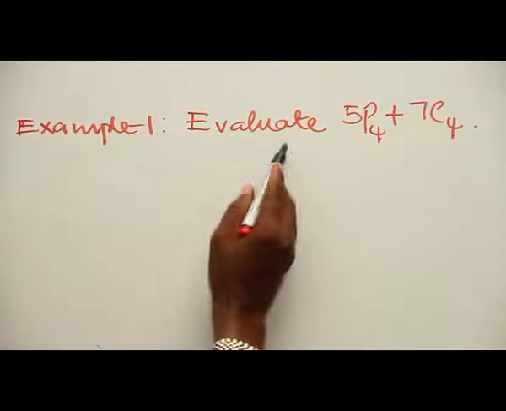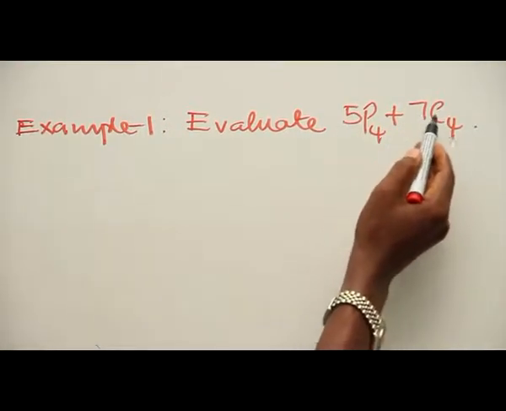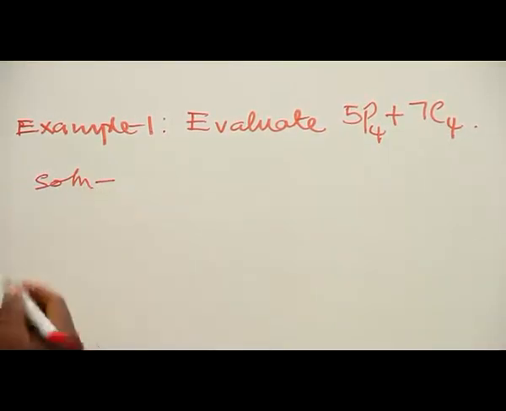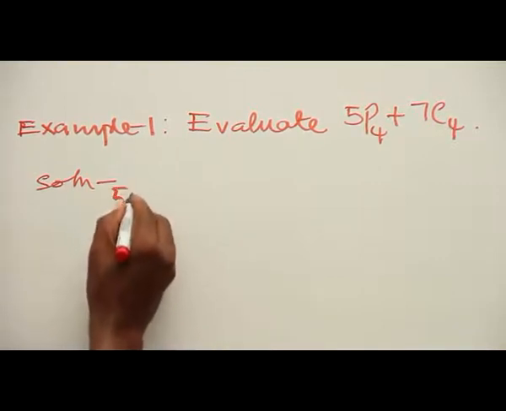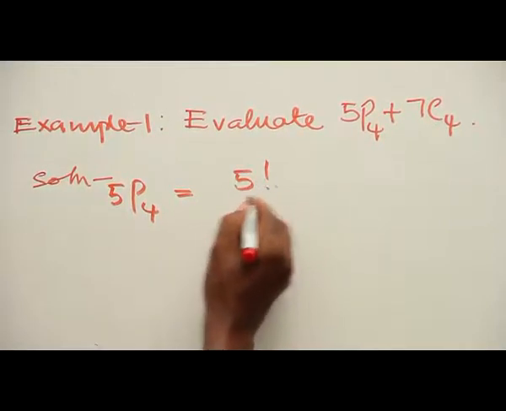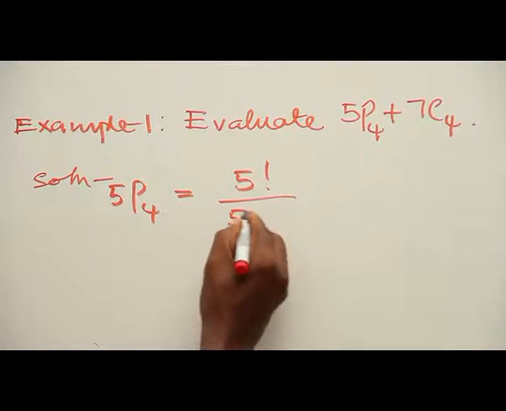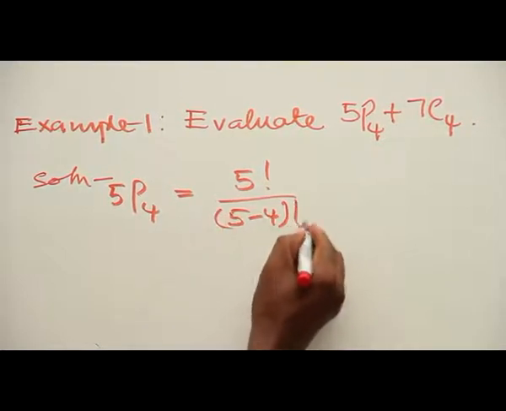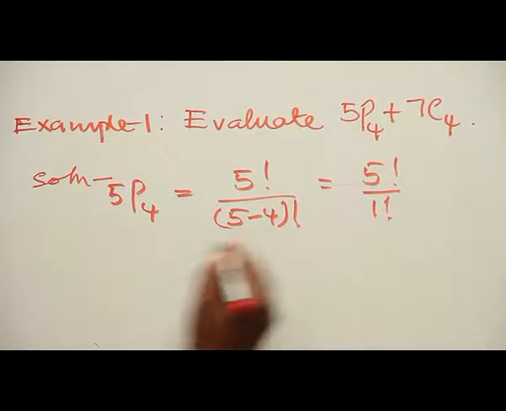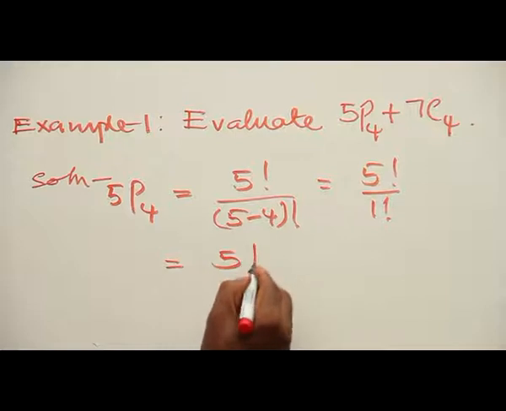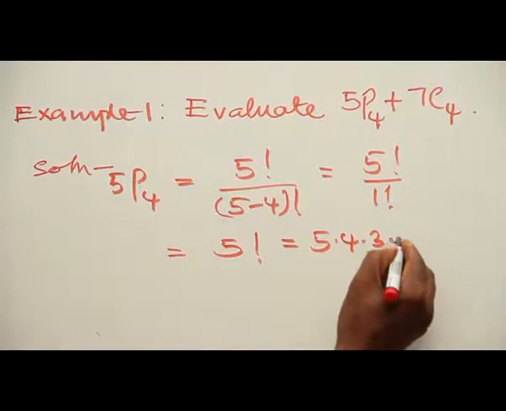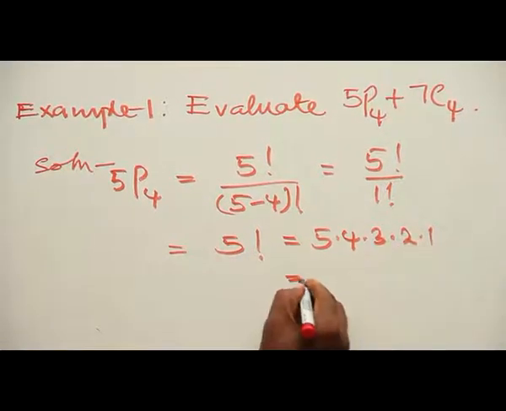Example number 1. Evaluate 5P4 plus 7C4. Our solution: we have 5P4 is equal to 5 factorial all over 5 minus 4 factorial. This is equal to 5 factorial all over 1 factorial, and that will be equal to 5 factorial. 5 factorial means 5 times 4 times 3 times 2 times 1. That will be equal to